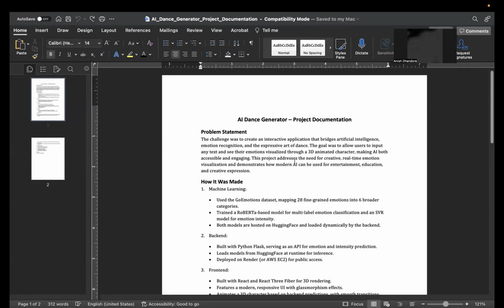So, the first thing is about why I chose this idea, right? My thesis is mainly in machine learning, so I wanted to do something along those lines. I always had that thing in my mind: if there's a certain text given to me, I wanted to find the actual emotion behind it. So that is how I came up with the idea. I wanted to build a machine learning model that can